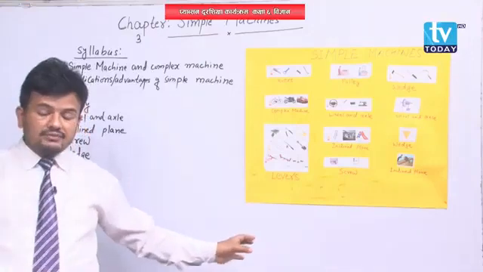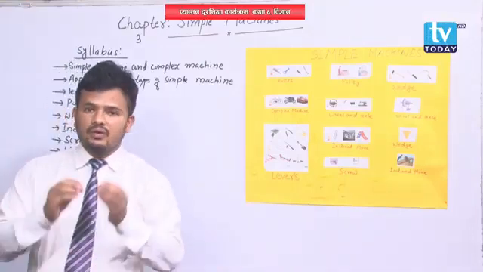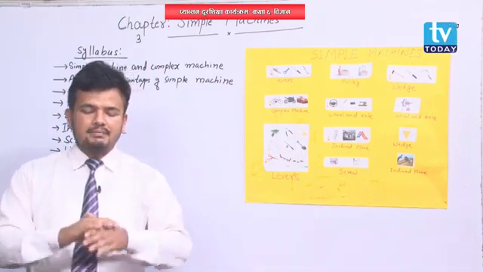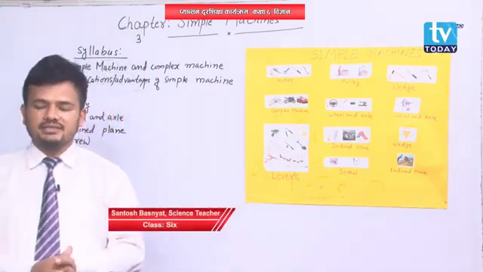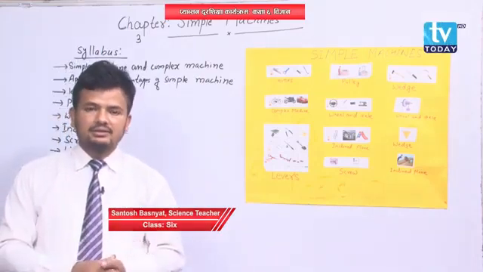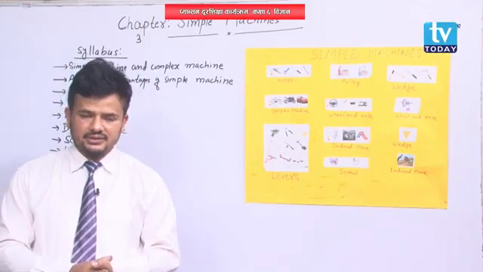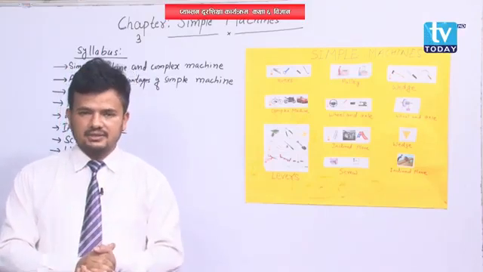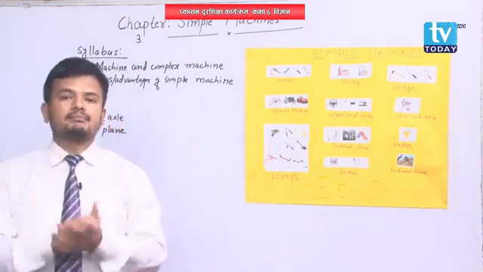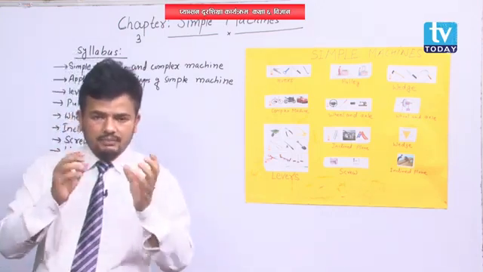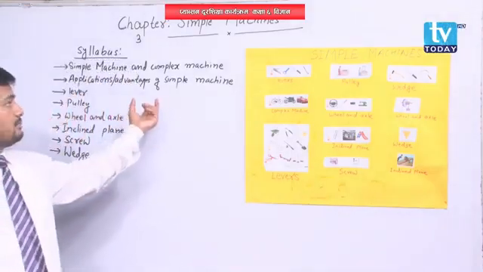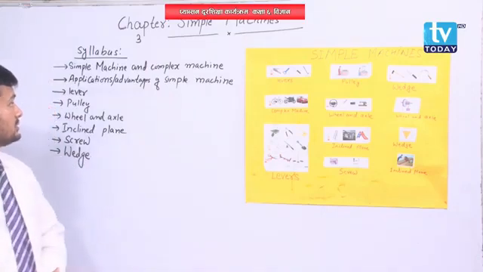Okay, so whatever devices I showed you before, they all are simple machines because they are simple in structure. But there are many machines which are complex in structure, like computer, bicycle, motorcycle, aeroplanes, ships. They are complex machines, and only skilled manpower can use those complex machines. Is that clear? Okay, so simple machines and complex machines, I think you are clear about this.